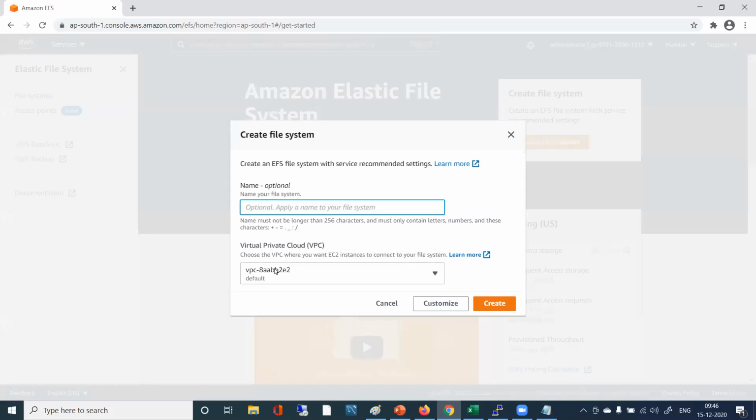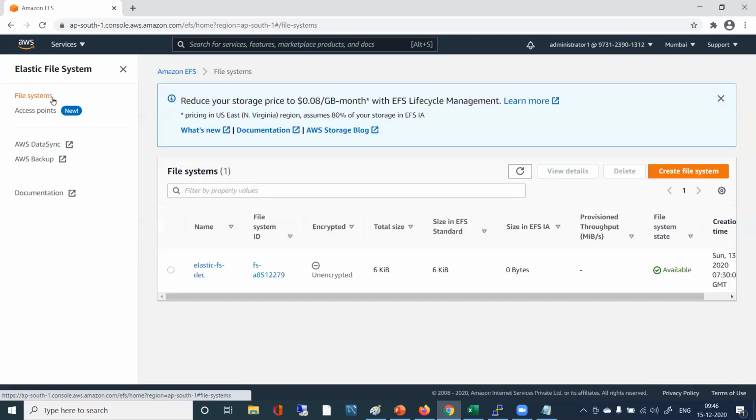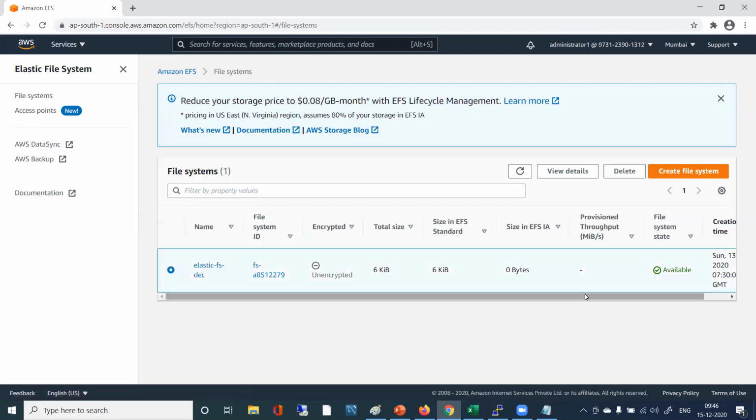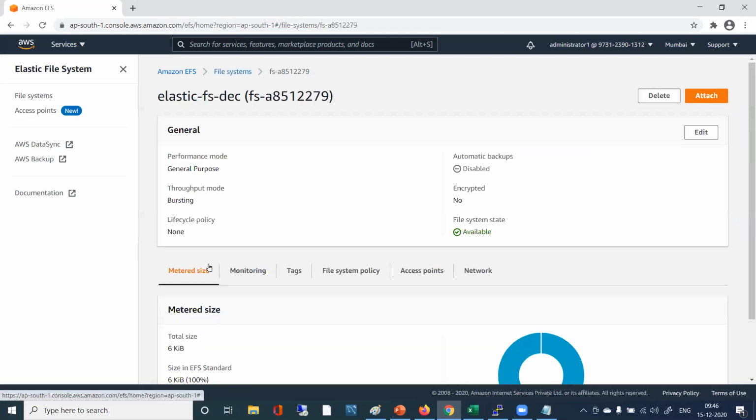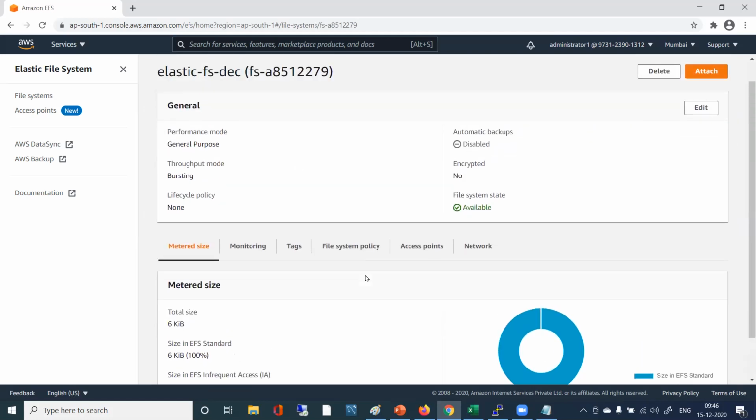We gave a name. Like that, we created this file system. So this file system, elastic-fs-dec, is the file system that we created. This is the elastic file system.